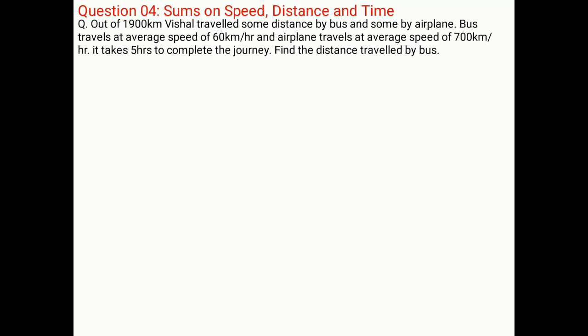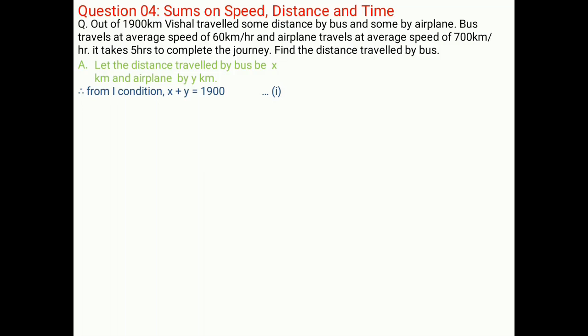Now I have to find the distance travelled by Vishal only by bus. Therefore, let the distance travelled by bus be x km and by airplane be y km. Therefore, from the first condition we get that x plus y is equal to 1900, which is the total distance that